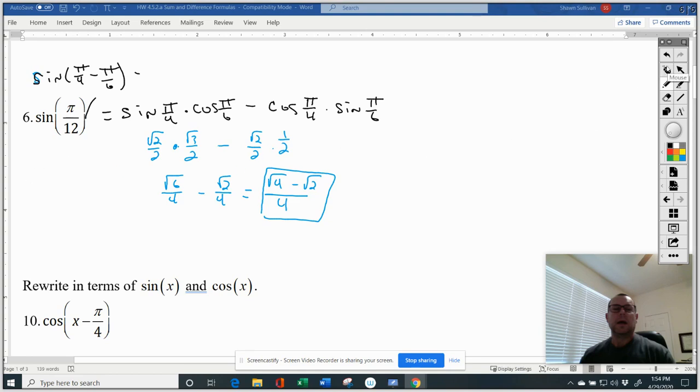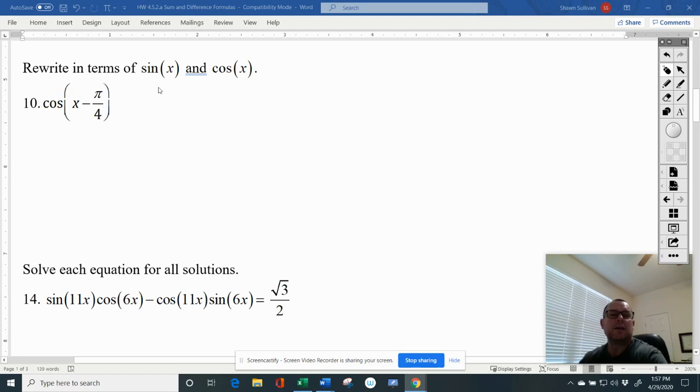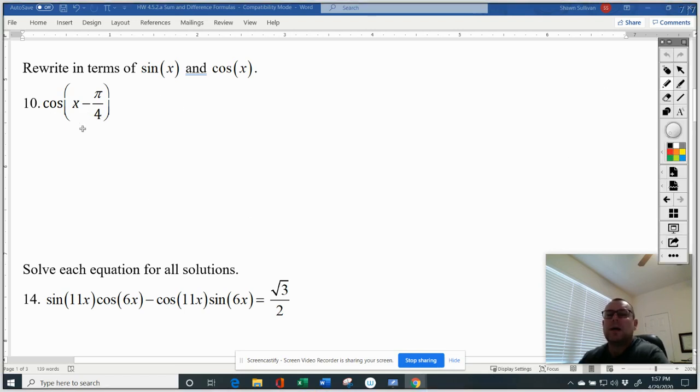So let's do number 10 next. This says rewrite in terms of sine of x and cosine of x. So this looks like a weird problem, right? But it's basically cosine of a minus b, and we can just write it out that way. So here we go. Cosine a minus b would become